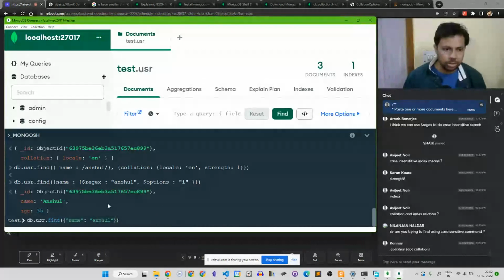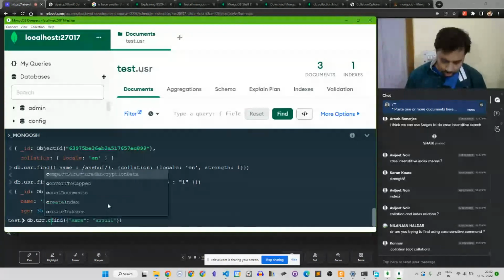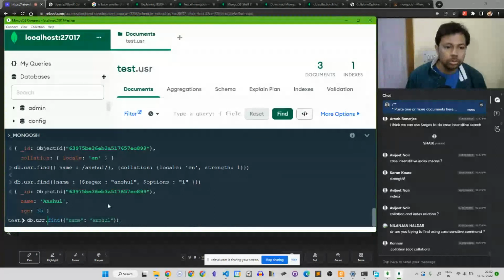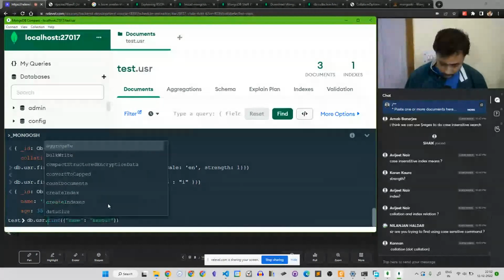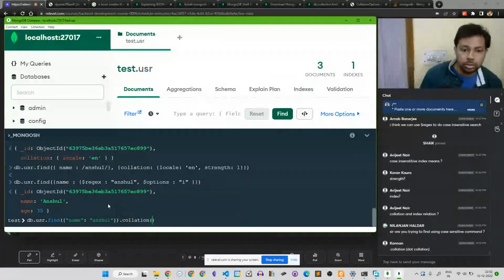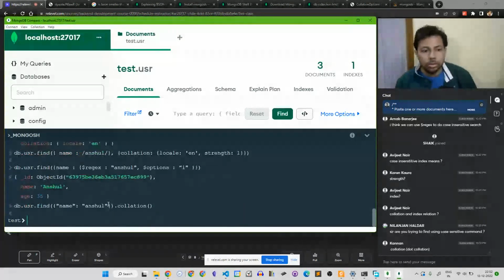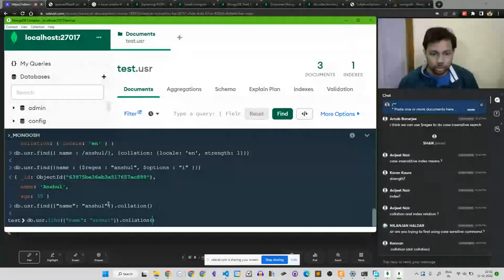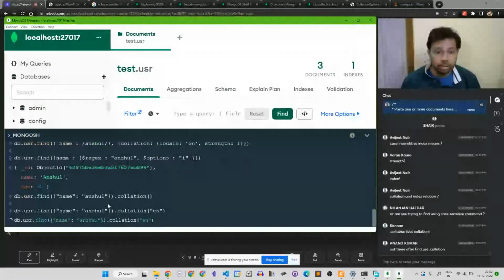If I just do this dot collation, okay, I'll just do user, no, dot collation, no. If I do Ian,